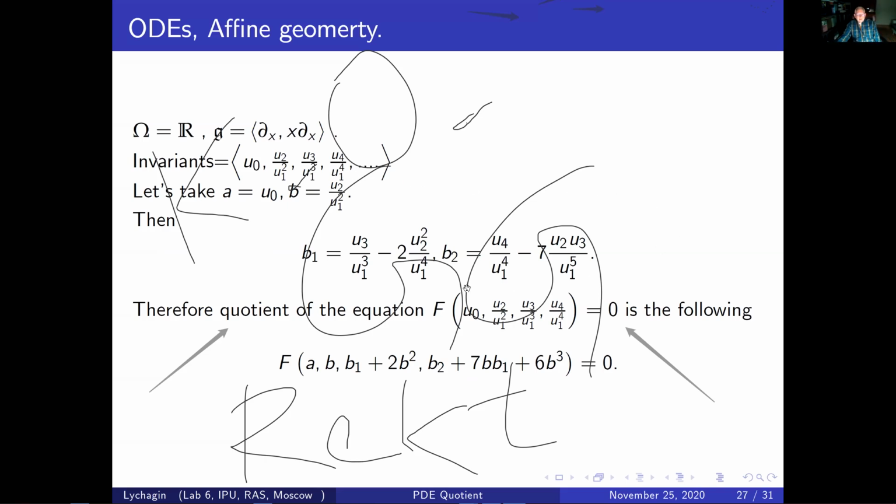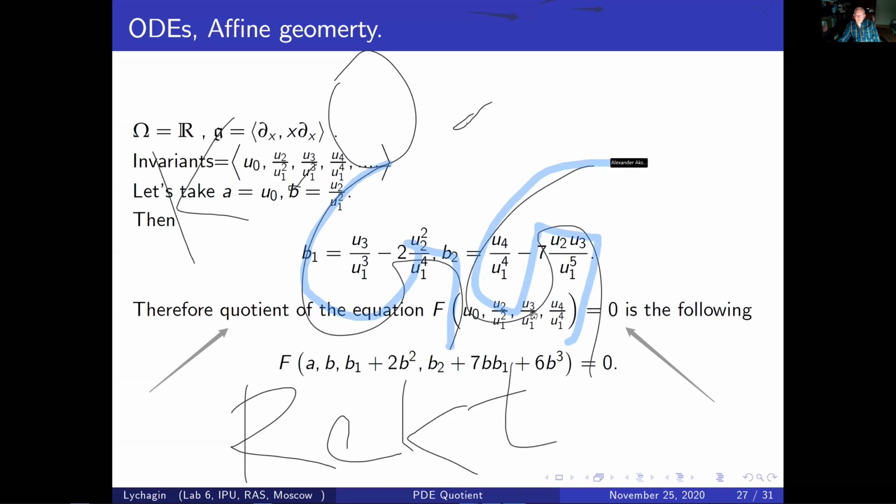And once more, if you take A to be U0 and B, the next invariant, U2 divided by U1 squared, then you can easily find the derivatives B1, B2. What happens is that if you take this G-invariant equation, like functions of U, U2 divided by U1 squared, and so on, which I wrote up to order 4, then the quotient will be